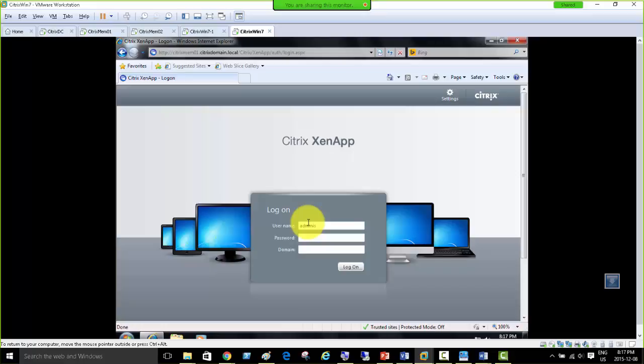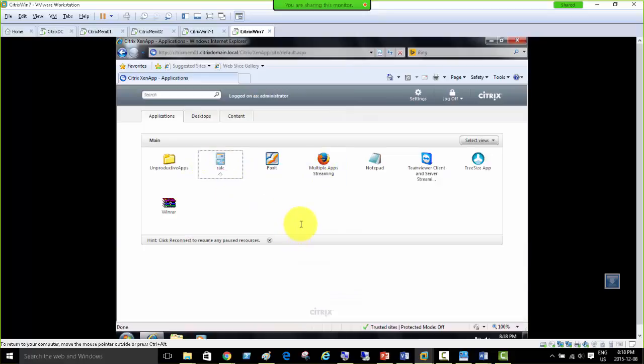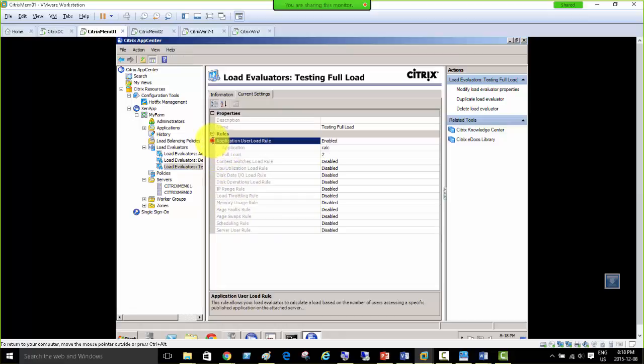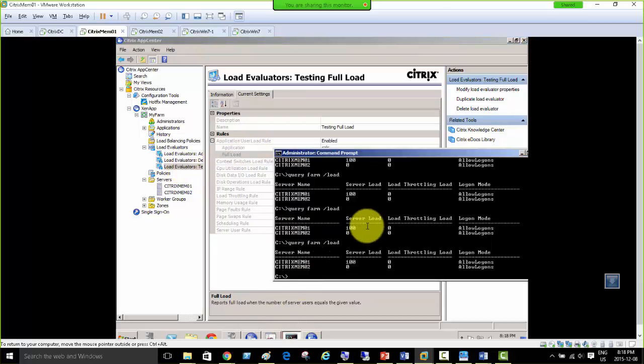So first I log in from user 03. Now I'm logging in from administrator, and calc. So this load evaluator should be application user load. Application is calc. Full load will be considered 2. 2 is too much. That means there are 2 users connected right now because of the increment of 100, and they are loaded on separate servers as well,